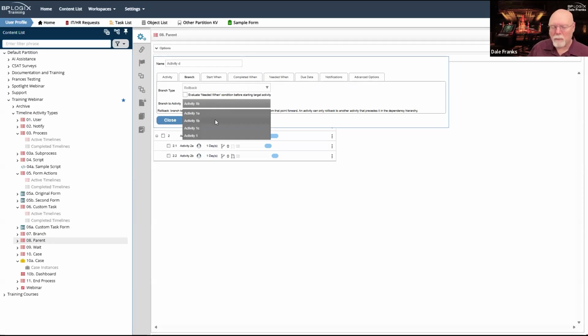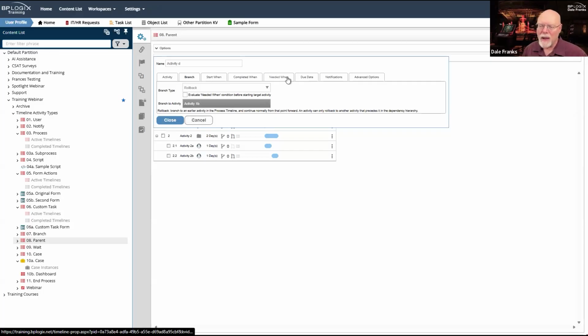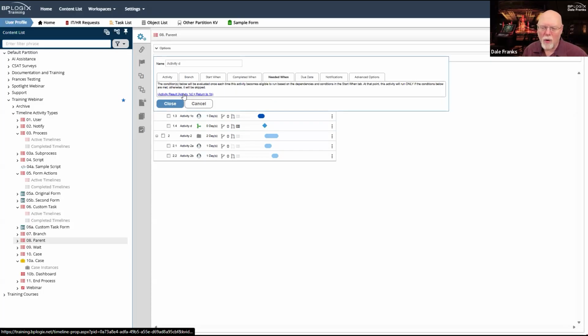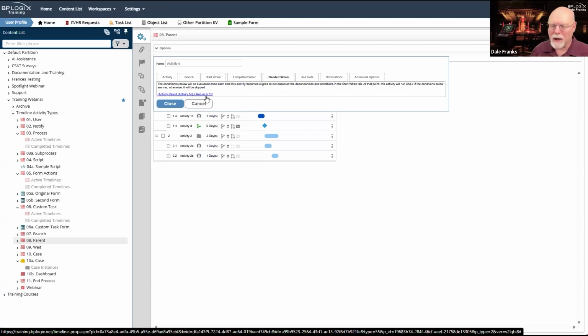But most of the time that I want to use a branch activity now, it's for this scenario. I guess you might make an argument that the jump and the start are also useful in some edge use cases, but for the most part, while the branch activity has been superseded by the parent activity's looping ability, there are still a couple of areas where it becomes important to have that branch activity, especially if I just need to do a rollback to a single activity simply because of a result of whatever my current activity was.